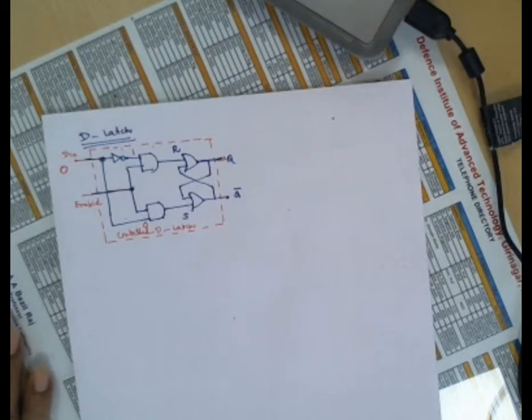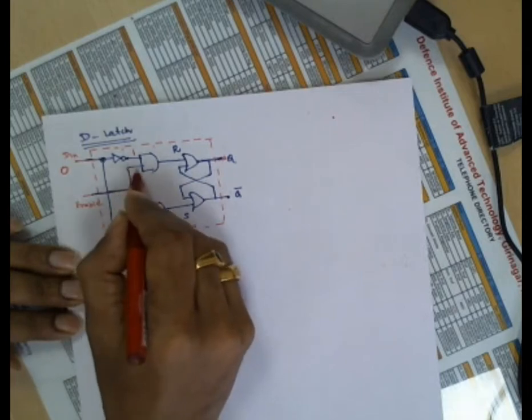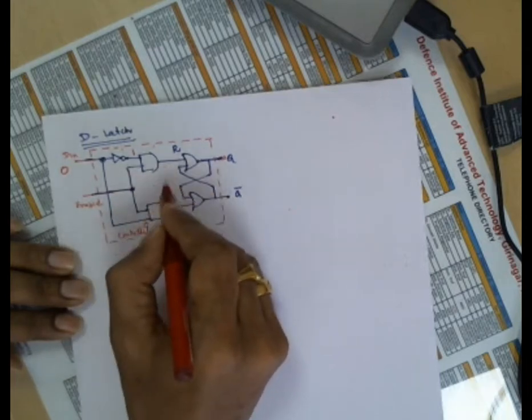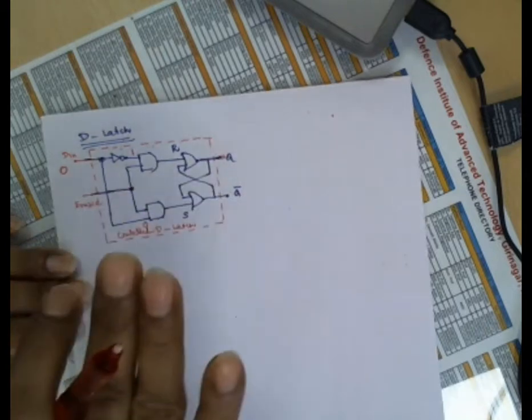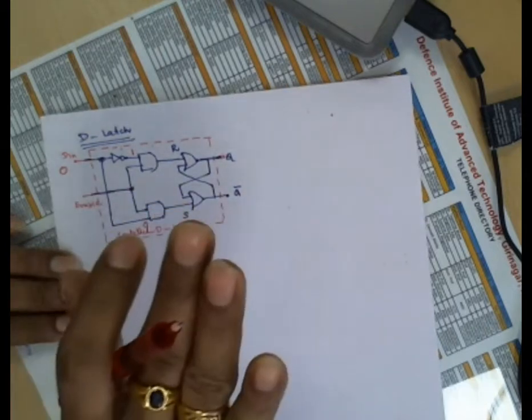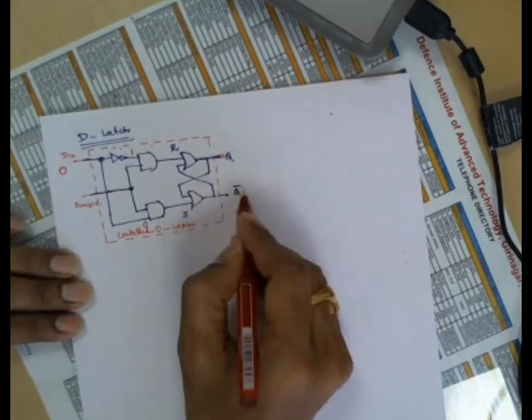But now the enable is 0. Because enable is a logical level trigger. Level trigger means we only made the circuit to respond to its level because of putting the AND gate. That is our design only. So as long as enable is 0, this input is 0, this input is 0, therefore here 0, here 0. 0, 0 means no change, the Q will be maintained at its same value, whatever it was. Over time, it maintains its value, and it maintains the complement of this value.